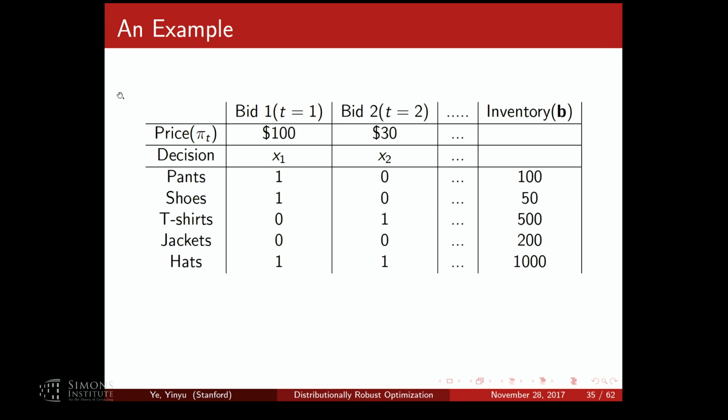If I award this bid, I collect $100. Of course, my inventory is reduced by 1 accordingly. So what is this? This is a packing problem. If you collect all the bids, you can decide by solving a 0-1 linear integer programming problem, and then decide which bids to accept and which not to. Basically, on this problem.